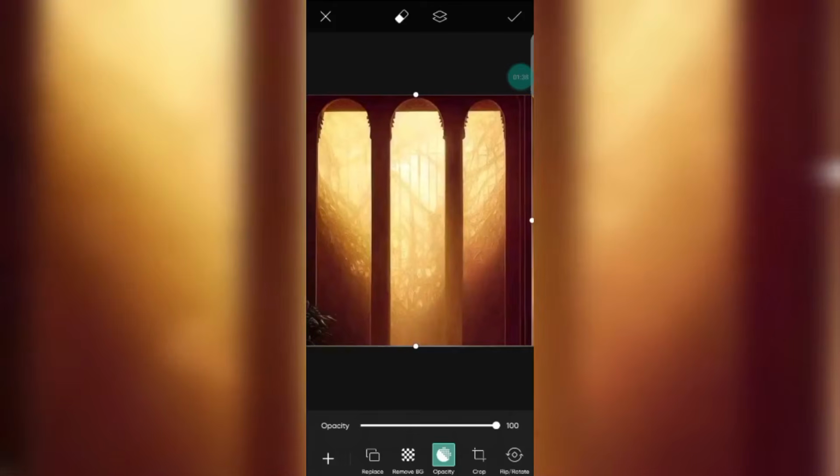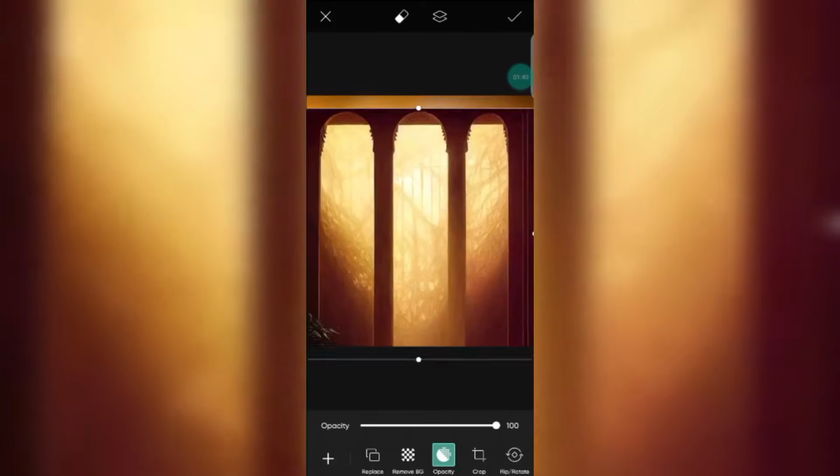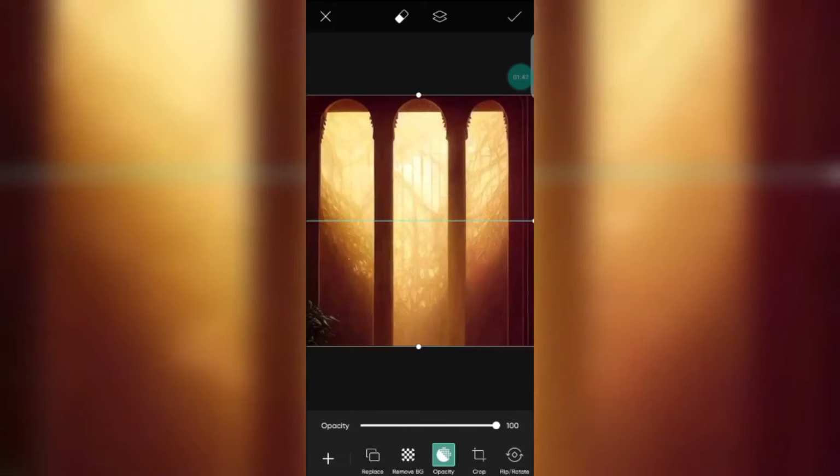In case you have never done this, you'll be learning how to do this today with PixelLab. For instance, if you want to blend two backgrounds together and you don't know how to go about it, this tutorial video will help you understand how to do that. So this is the way we blend two backgrounds together using PixelLab. I've imported the second one. Now go to